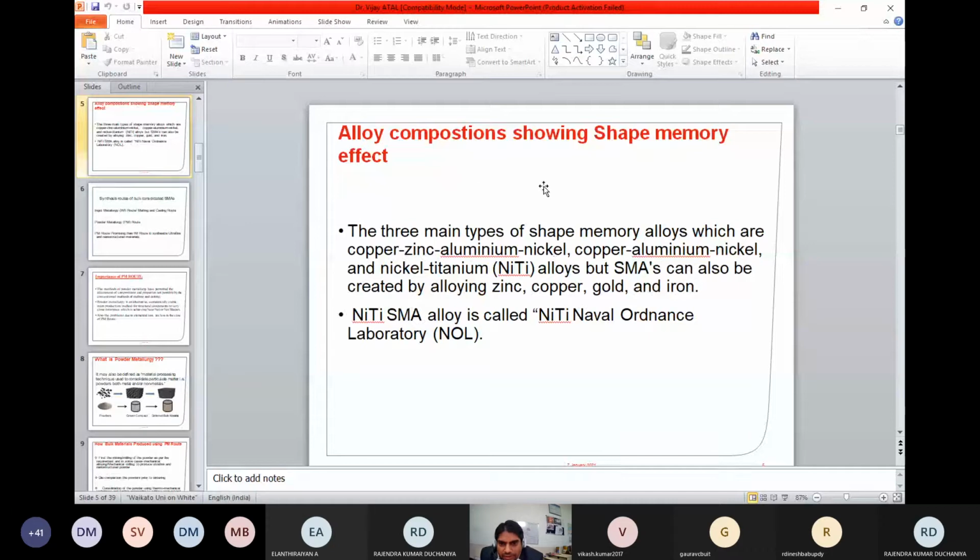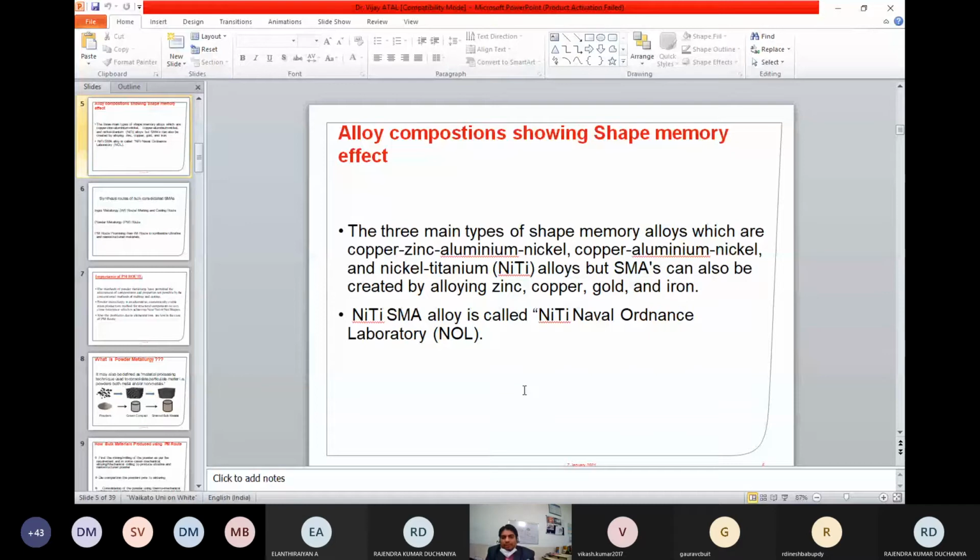So what are the different types of alloy compositions which show this type of behavior? This has been observed in copper, zinc, nickel, aluminum type alloys, copper-aluminum-nickel alloys, and nickel titanium alloys, which are called nitinols, and some alloys created by alloying zinc, copper, gold, and iron.